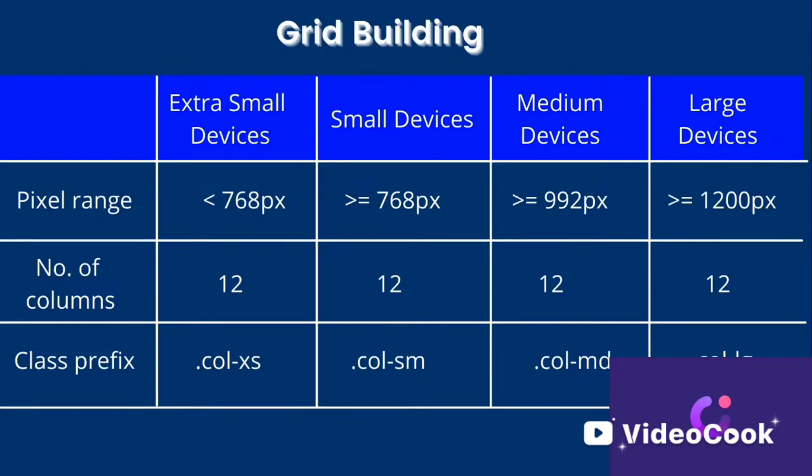Yes, for the other things, if the number of pixels is less than 768, then it will be used maybe mobile device. All right, extra small devices means mobile device, maybe 5-inch, 5.5-inch mobile screen if you're working with. So it will be like that. Number of columns will be 12 for all screen sizes, as I said. All right, class prefix means when you will be splitting the